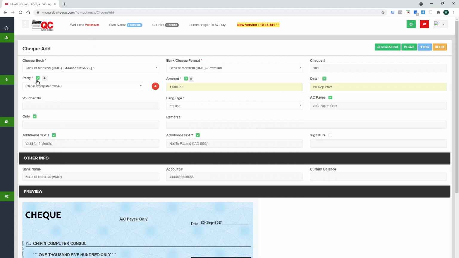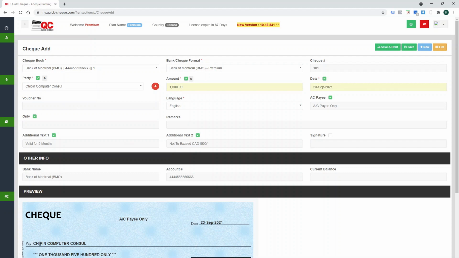Similarly, I can issue a check without having the party. So I'm issuing a check of 1500, but I don't know to whom I'm issuing. So the person to whom I'm giving this check can write the name of the company or his own individual name properly. These are some of the regular practices, but have to be exercised very carefully because not printing the entire check or not printing all the fields of the check can lead to a check fraud.